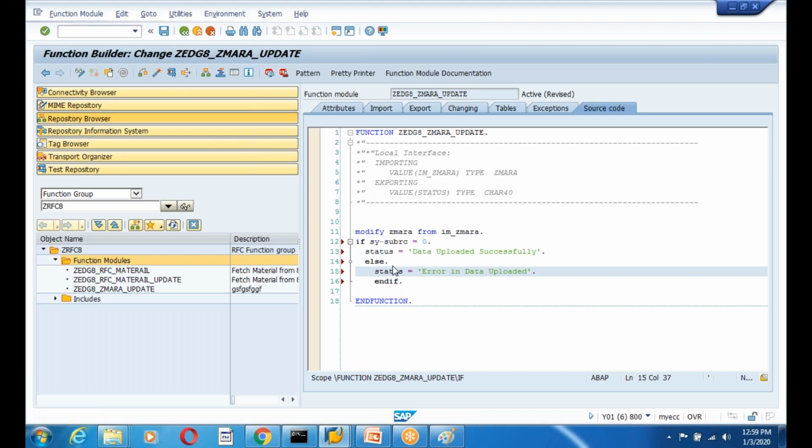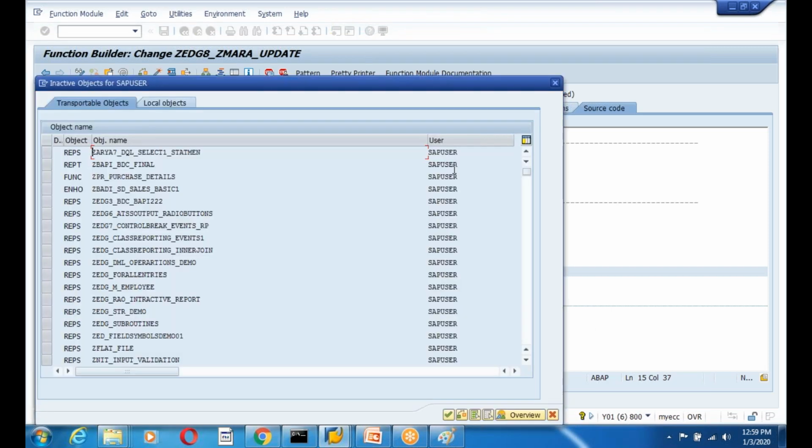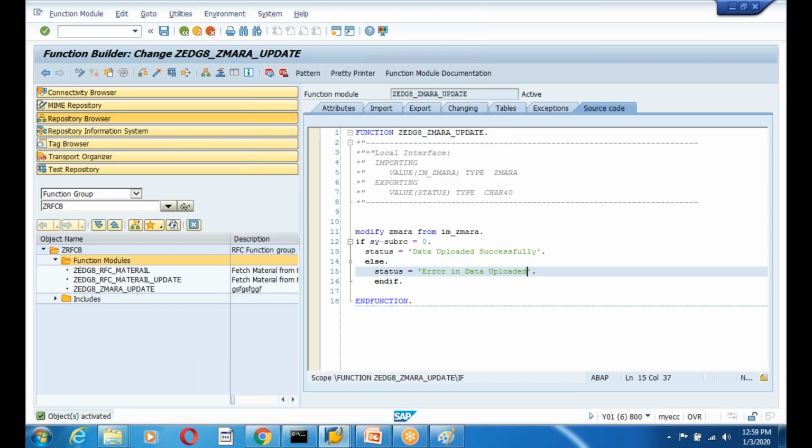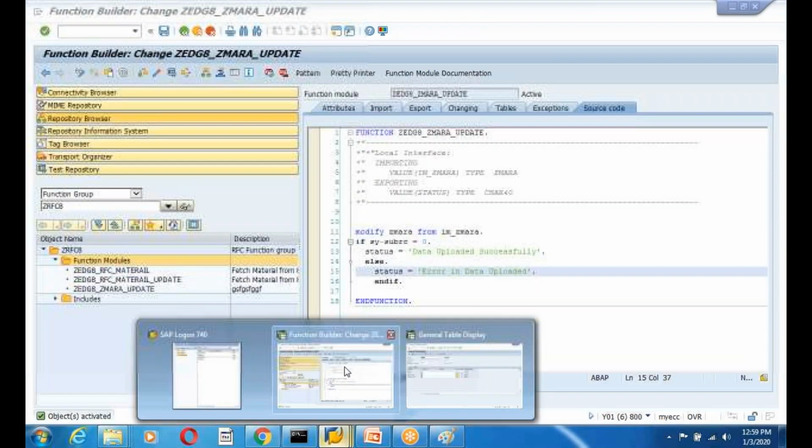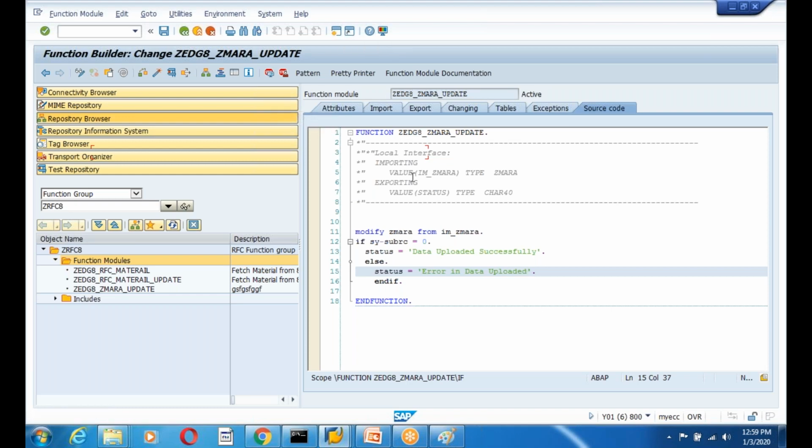So activate. So here what you did, you changed the interfacing parameters, but you had already generated this. Then you need to regenerate your web service. You have to regenerate your web service. How can you regenerate the service definition? So go here,